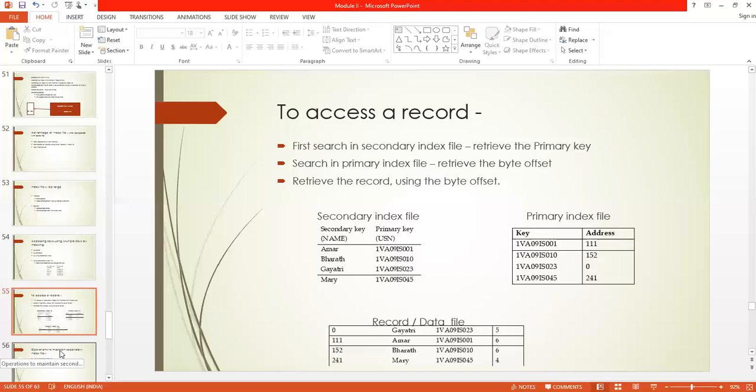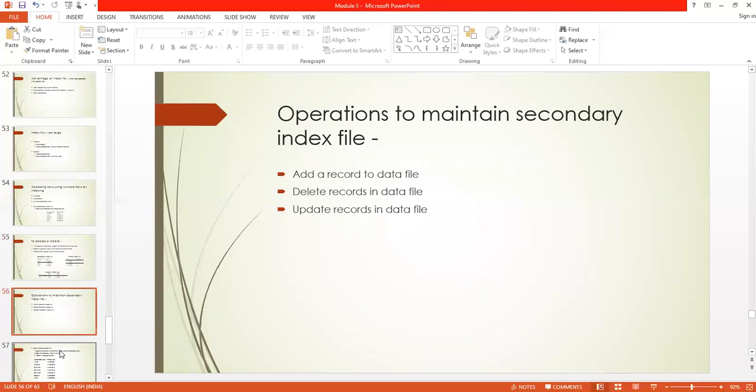Now, operations on the secondary index file. What are the different operations which are required for maintaining the secondary index file? We'll see the different operations required for the maintenance of the secondary index file.